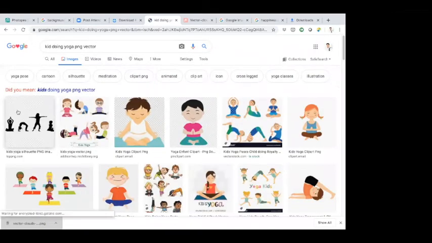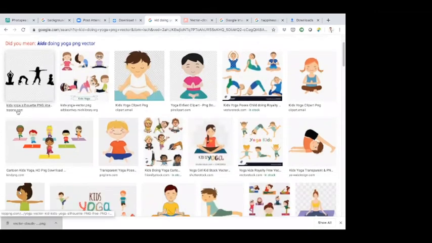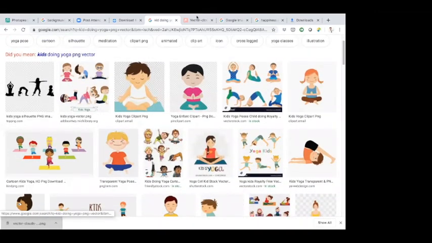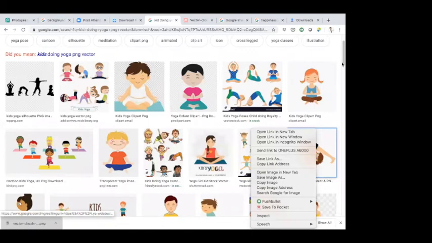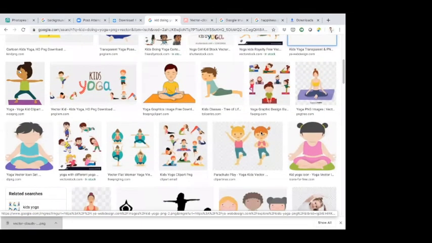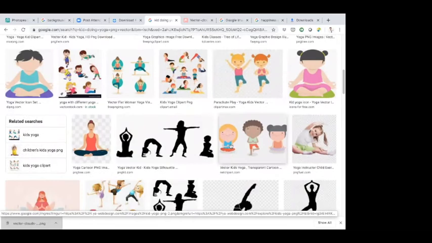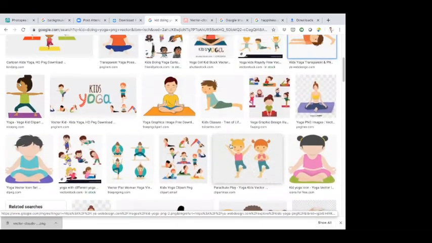You'll see that you will get a lot of options. I had already downloaded this particular image, and even this one. Based on whichever image you like, you can select any of them, but just make sure that it is PNG.